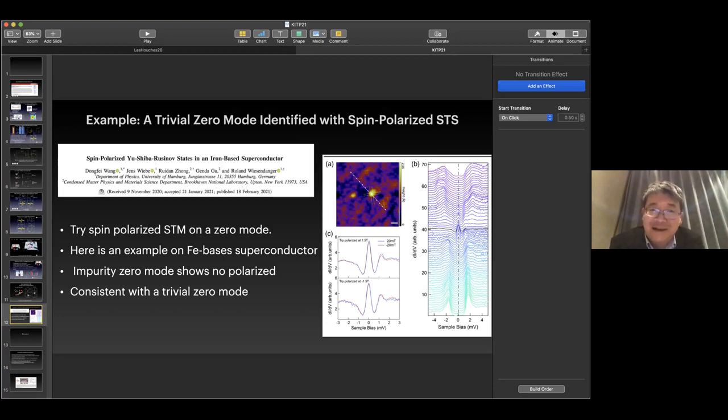In that case, we are pretty sure it's a real Majorana zero mode, given the very large level spacing, and we clearly see all of this angular momentum level index, and so that's why we're